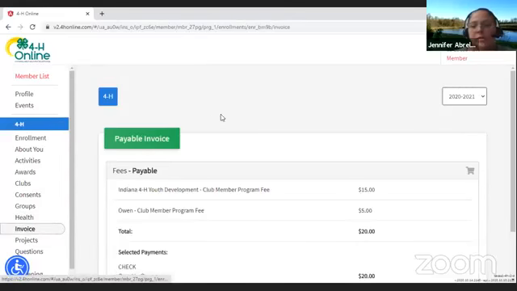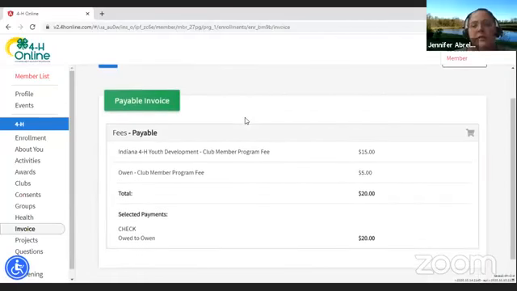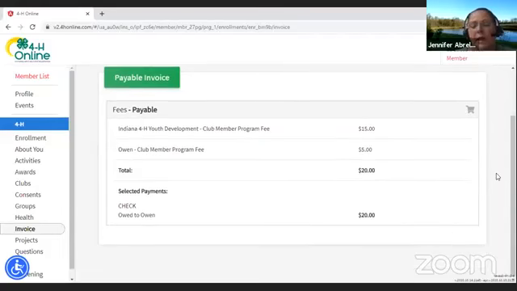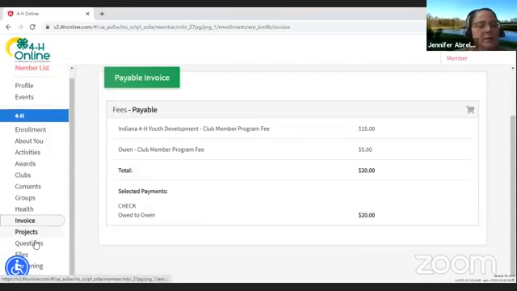Then it'll go to an invoice. You can see it brings up how much you're going to pay, and you can choose to pay by credit card or by check. Let's see, the problem is